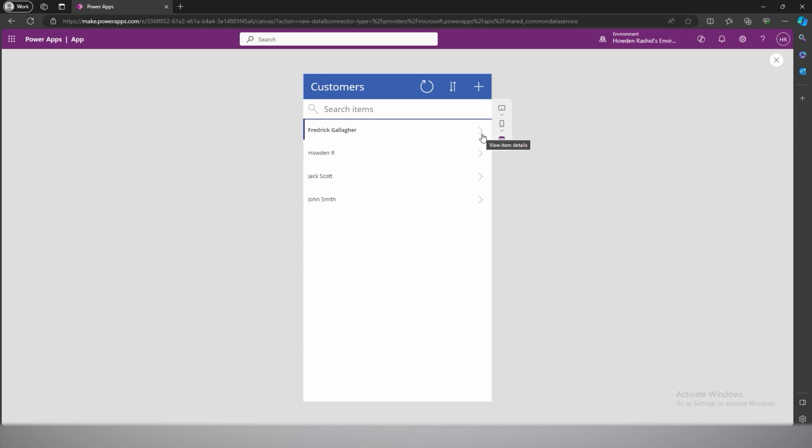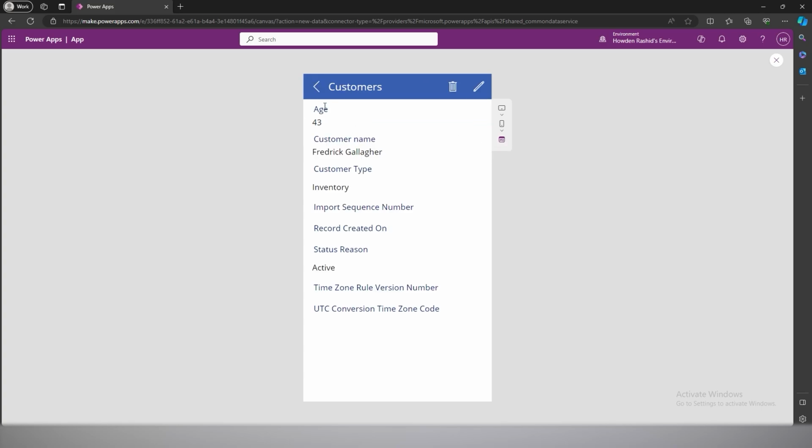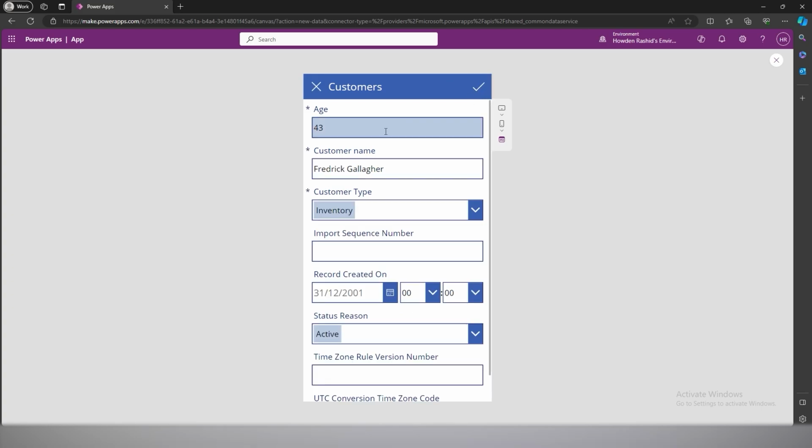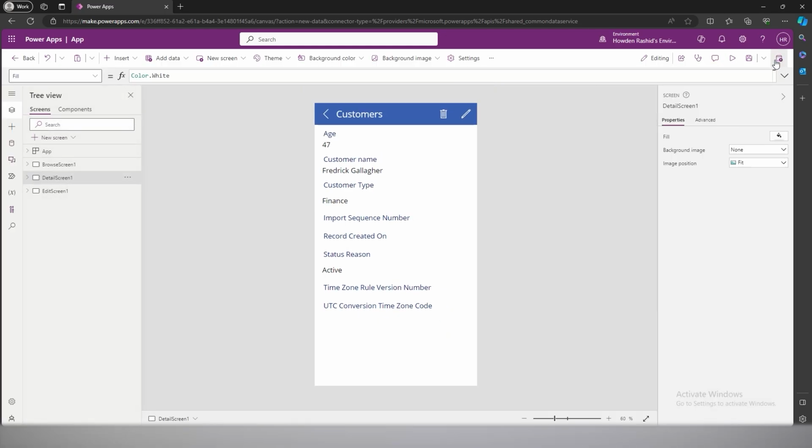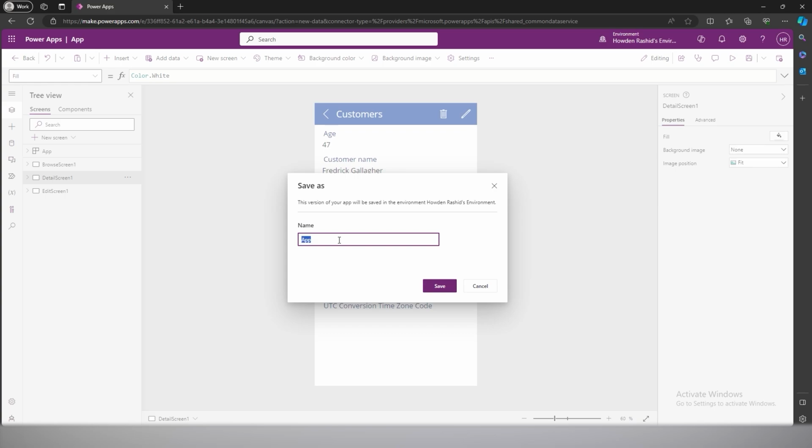So if we just show what that will look like, we can come here on the right, preview, let's say Frederick Gallagher. Now we're on the detail screen, and then I want to edit this. Someone's made a mistake and he's actually 47 and not 43, and the customer type is finance. So what I can do is submit this item, and that will feed back into the data source and upload it in real time. So if I come into here, close this, save the application,